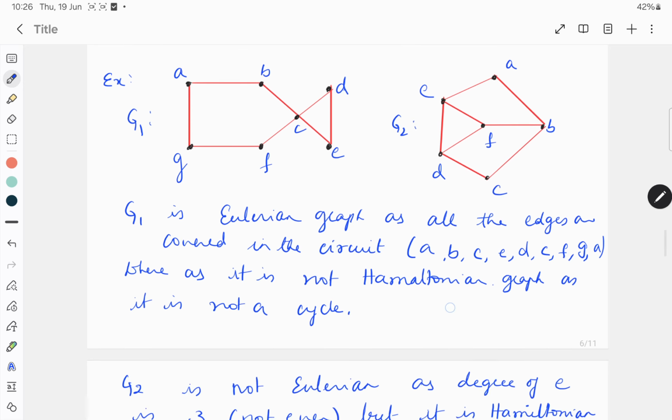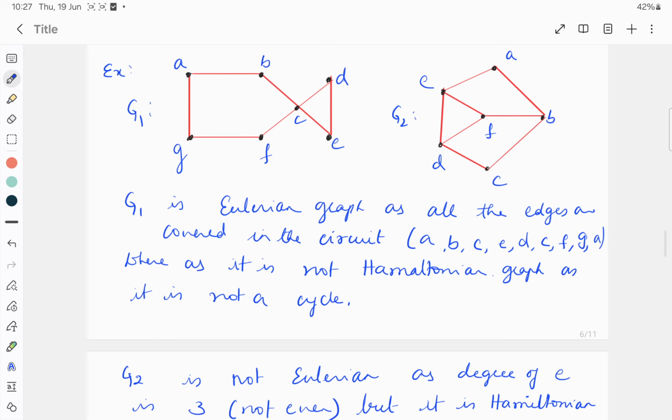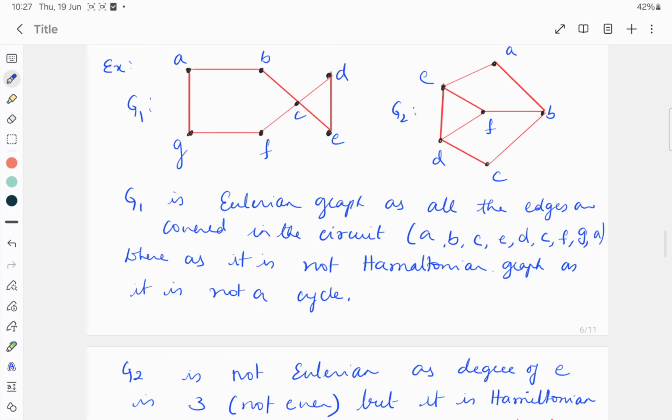Now if you consider graph 2, it is not Eulerian but it is Hamiltonian. Why is it not Eulerian? Because there are 4 vertices of degree 3. For a graph to be Eulerian, every vertex of the graph should be of even degree. So here E is of degree 3, D is of degree 3, F and B are all degree 3, and